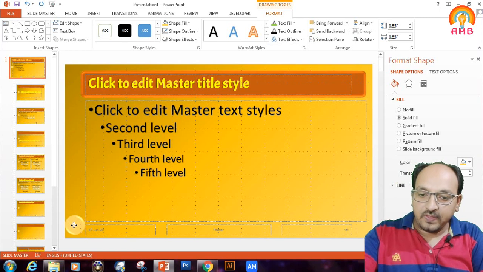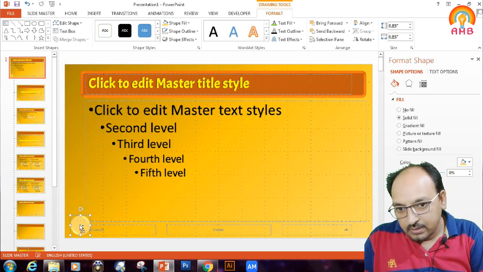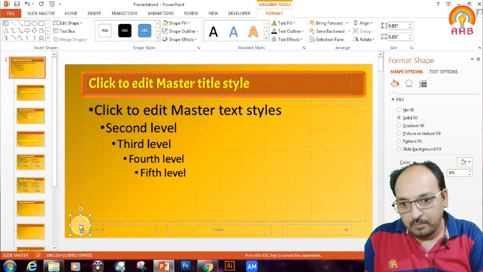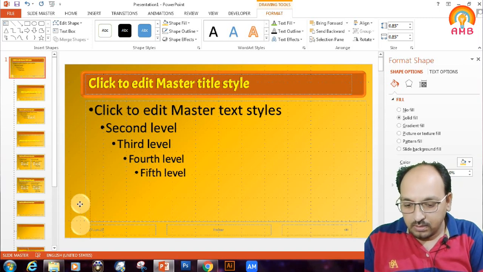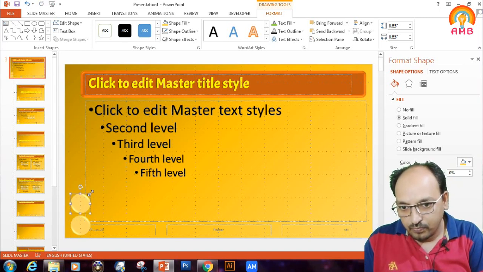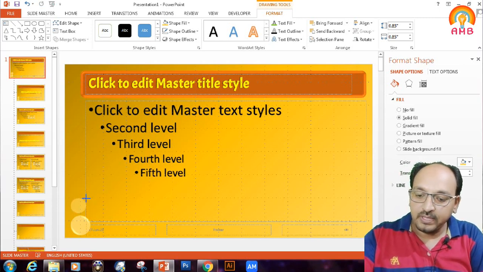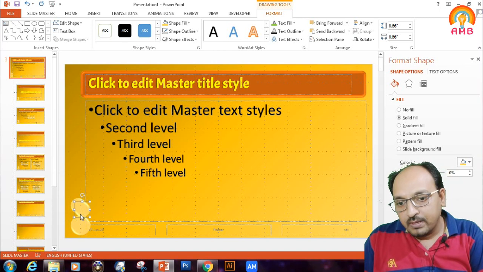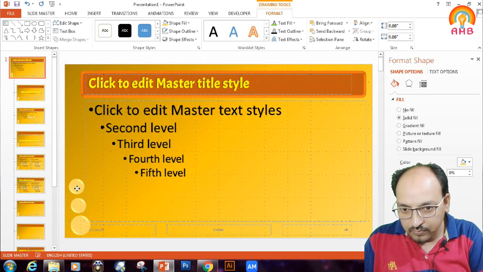and I am copying this and pasting it somewhat upper side and making it somewhat smaller. Again I am copying this, sorry, I am duplicating this, Control D I am pressing, and I am keeping it here and making somewhat smaller one.